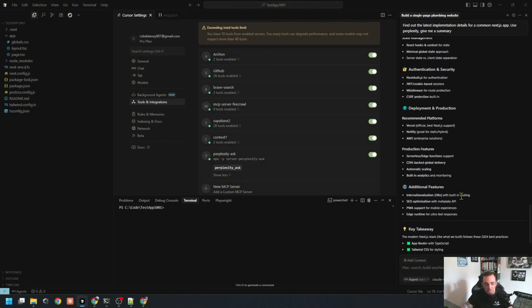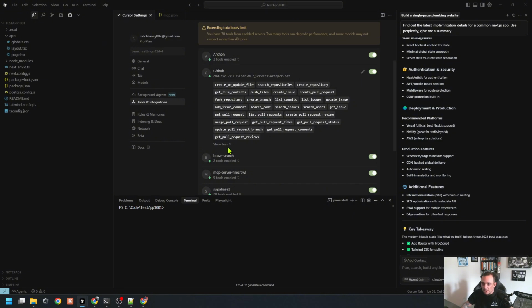So now, web search isn't something that you would use all the time, to be honest with you. In MCP, it's just an easy one to demo because it's very quick to get it to do what you want. But for example, if we look at the rest of the MCP servers that I have here, for example, GitHub has 26 different tools available to it. And you can click expand and you can see what each of these tools are. So create or update a file, search repositories, create repositories, there's an absolute ton of them in here. Now,